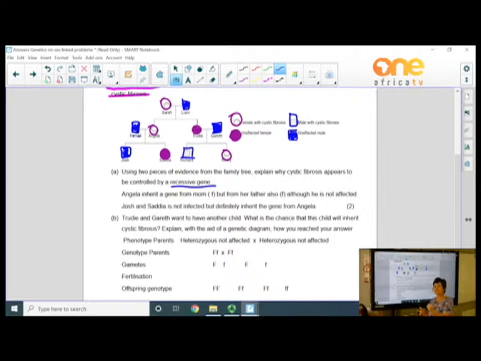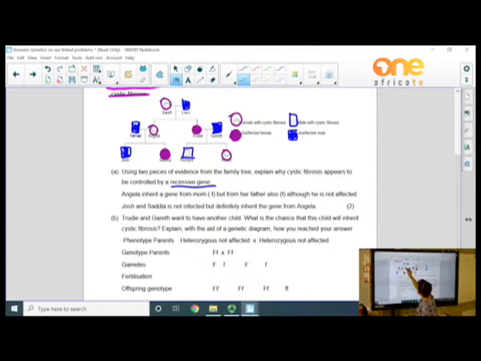When it has the dominant, not affected gene, that person will not be ill. You agree? So, when we look at Angela, we will see Angela